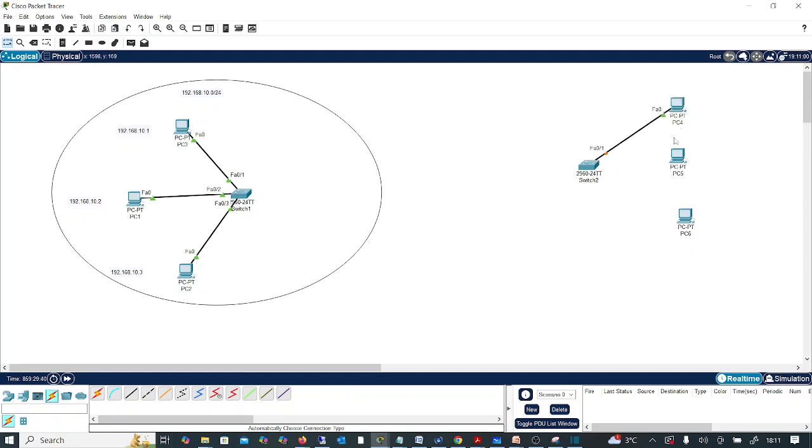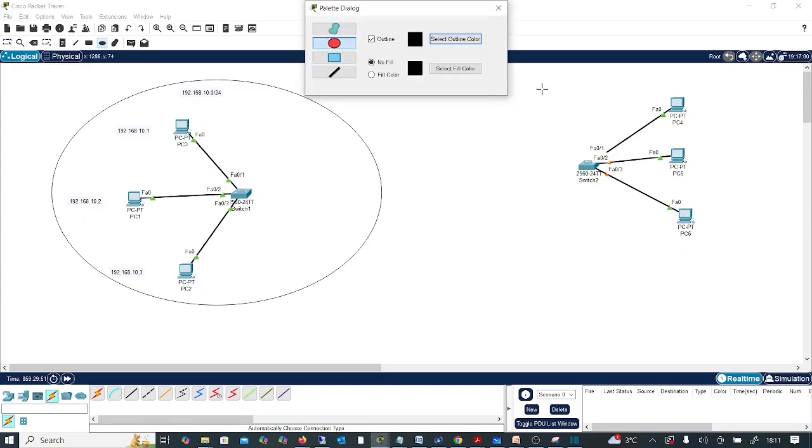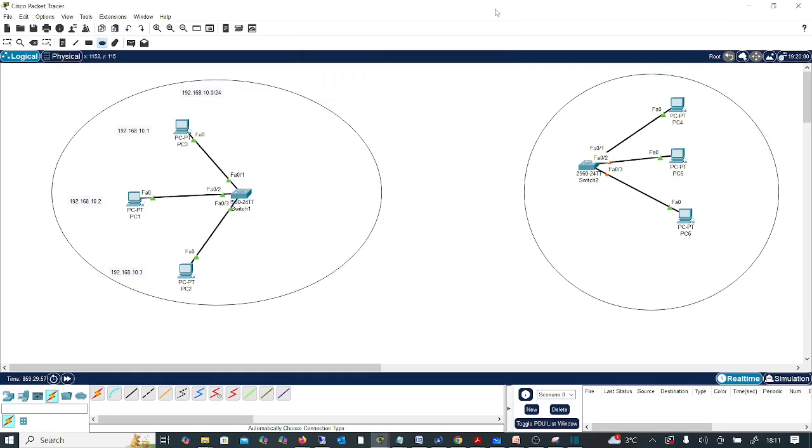So this is going to be here. This is going to be here. This is going to be here, right? And now we're going to just make it look like just one network here, for example. Okay. And imagine that this is another network. So we call it, for example,